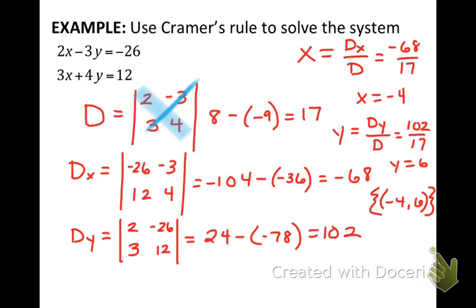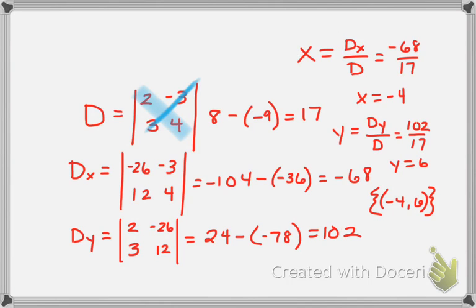Is that less steps than row operation? Definitely. Okay, so it's kind of nice how it works out like that, but it's a matter of, do you memorize Cramer's rule for the rest of your life or not? I don't know. Okay, do we see how that works? All right, so how about you try one on your own? So using Cramer's rule,